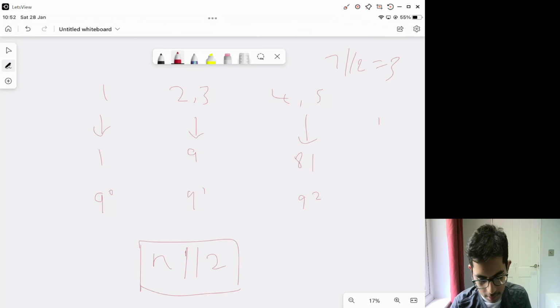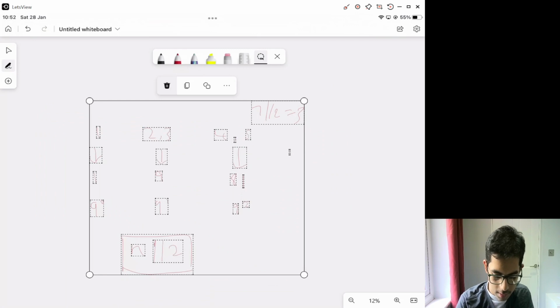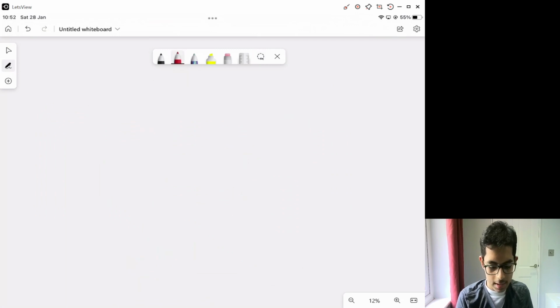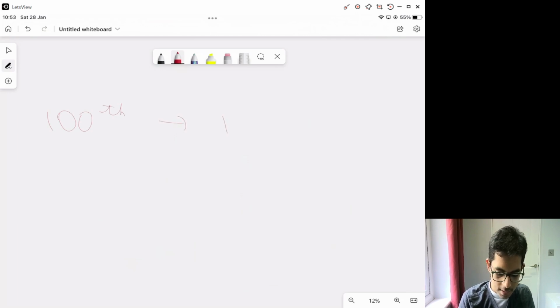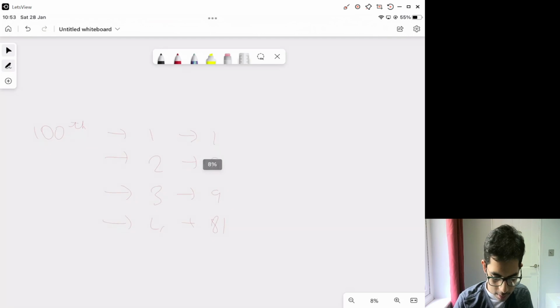Now, why is this important? Let's just quickly go to the big picture real quick. So, let's say we want like the 100th upside down number. We basically know that it won't have length 1, since there's only like one possible upside down number with length 1. It won't have length 2, since there are 9 possible ones. It won't have length 3, since there are also 9 possible ones. It will have length 4, since there are 81 possible ones. Hence, the 100th one will pretty much be the